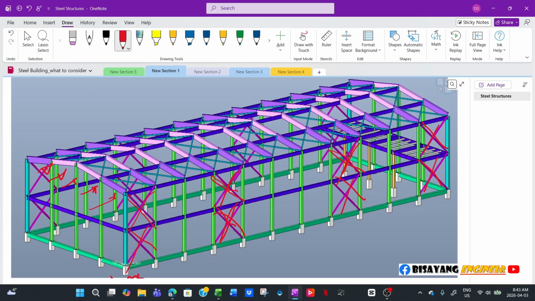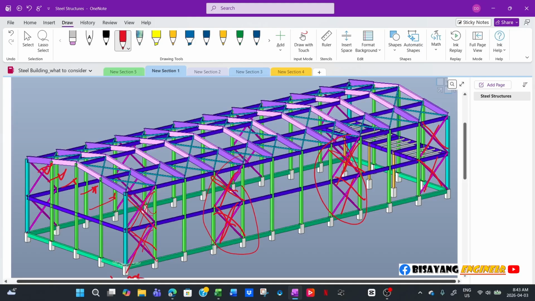So sometimes in one building, you only need one or two braced bays. So right here, you can have one at each end. Like I said, it really depends